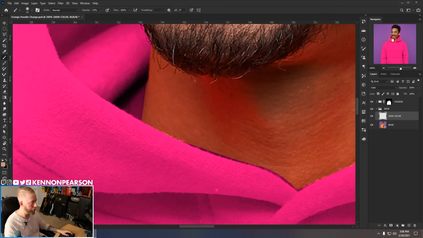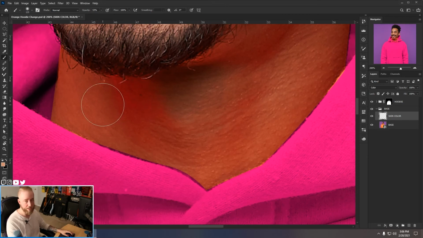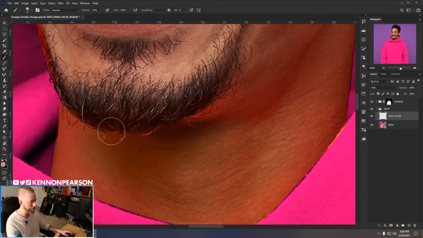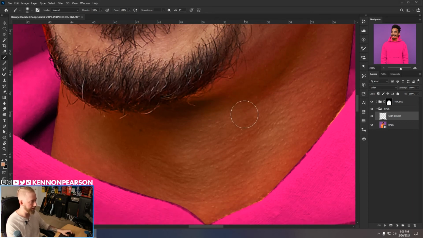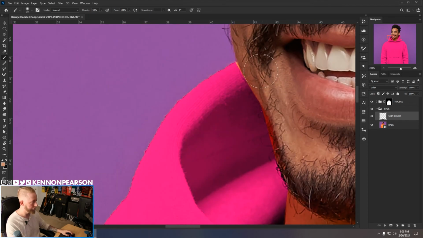Zoom in a little bit more. And you can increase your size by using your brackets, or you can just type in the size, but I use brackets because it's a little quicker. And I'll just start painting. Now you'll notice, like I said, the color is not right with his skin, but we're gonna fix that in a sec. So first I'm going to brush the areas that look like they have the most orange, like here,